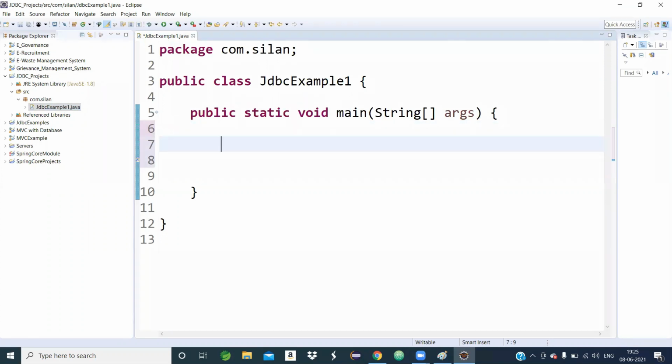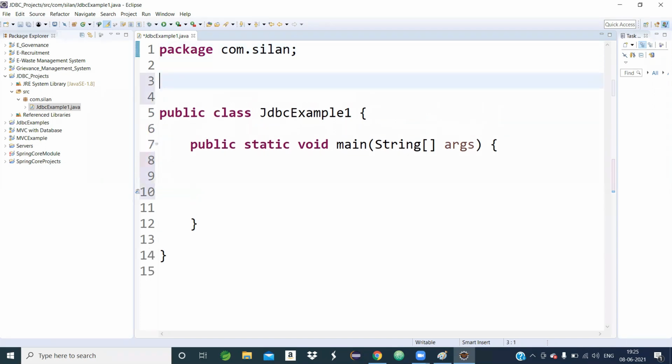Now within curly bracket begin and curly bracket end, we will write our JDBC application. Point number 1, remember, for any JDBC program you develop, you have to import the JDBC package, as I told in my first class: java.sql.star.